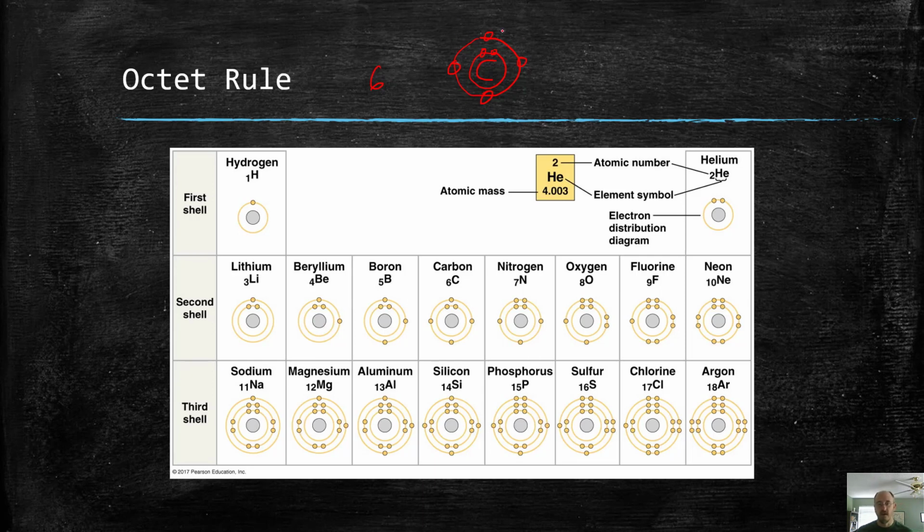So it's not full. If this outer shell is not full, we know that this atom could react with another atom. If the outer level is full, like we see here in argon, for example, where it's totally full, that's a noble gas, it's not reactive. So if you have 8 electrons in that outer energy level, that atom will not be very chemically reactive. Helium also is not very reactive. It only has 1 energy level, but that first energy level, that first ring of electrons can only hold 2. So that's the one case where it's full with 2.